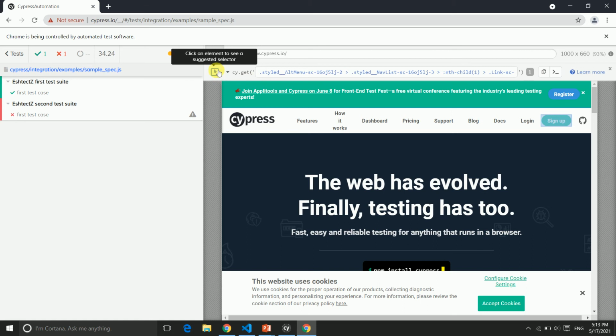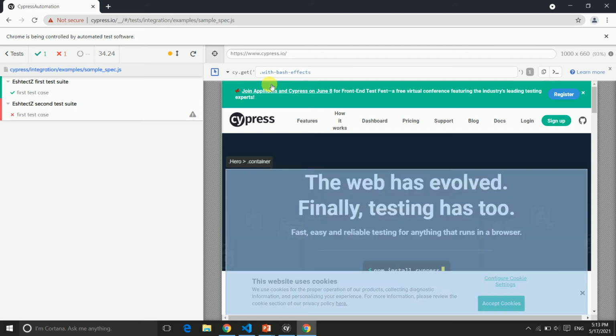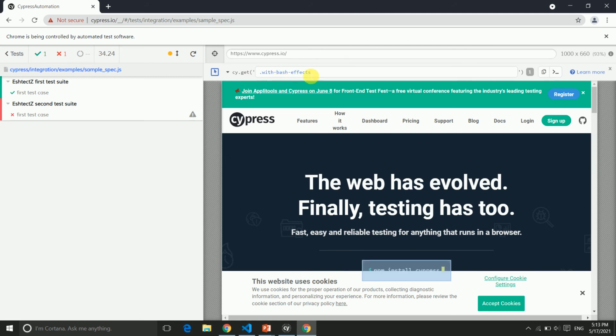Also you can again go to another feature, suppose this one, so it's giving me the path. If you go to another value, suppose this, it's giving you that dot width and dash effect. So this is how the locator of Cypress gives you the path. So there are multiple ways to get the CSS selector. First, we have seen by using the ID, class, attribute, and the ID or class with attribute. Then the second way is by using the ChroPath, and the third way is by using the Cypress locator.